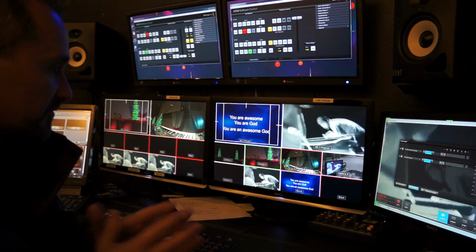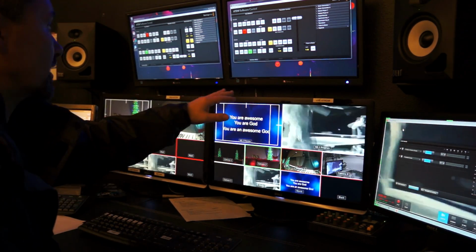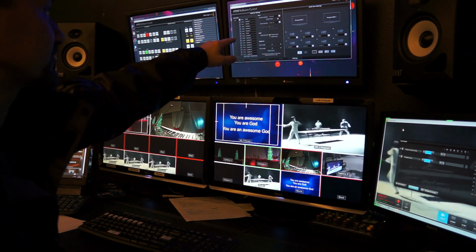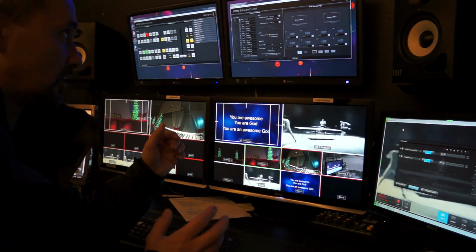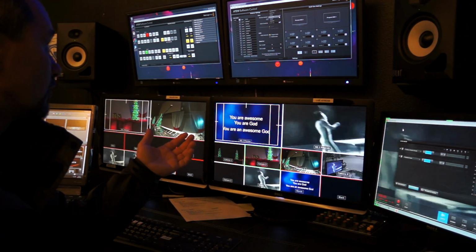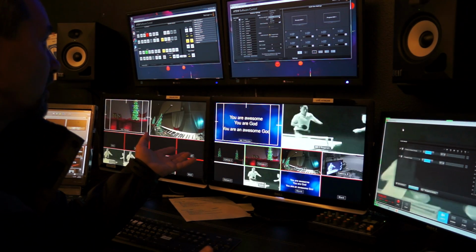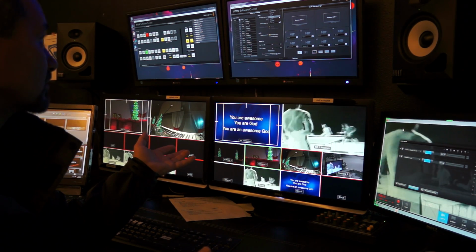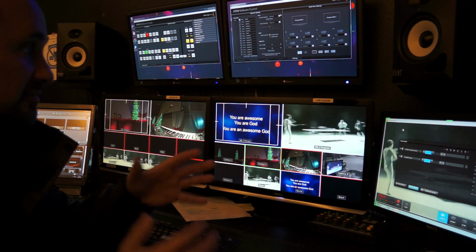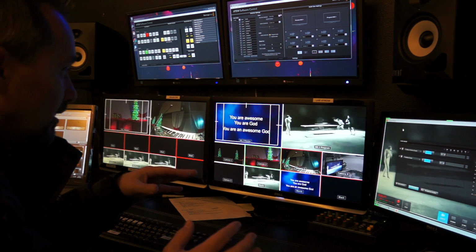Here's the only other thing you have to think about with the Atem switcher. Let's go up to the settings tab here. If you go to the settings tab, you're going to choose what your video standard is. So no matter what, you've got to choose what platform you're going to be, 720p or 720p 50, 720p 60 basically. You've got some PAL stuff in there, 1080i 50 and 1080i 60. So what that means is whatever cameras you're choosing, make sure that you're able to produce the same output on your cameras,